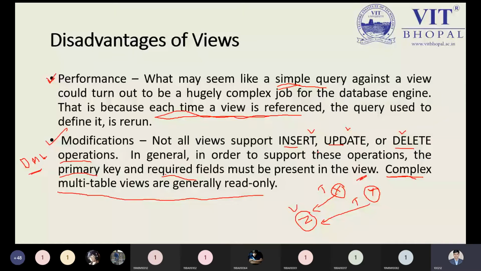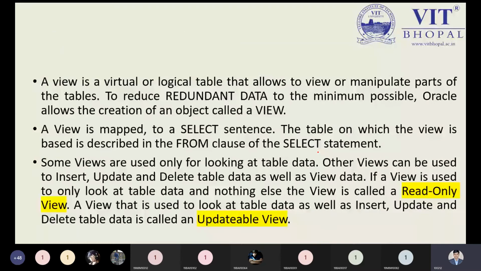Here we are just writing the simple statement. We can create the view by two different patterns. One is using the select command, or select clause, and this is known as read-only. And if you want to update something in the actual table through the view, that is also possible. So we have the updatable view and we have the read-only view. From this point you can read out the entire points over here.